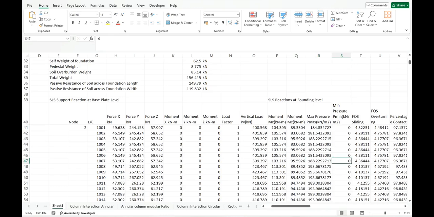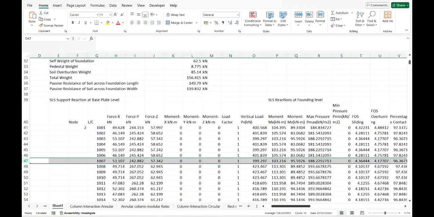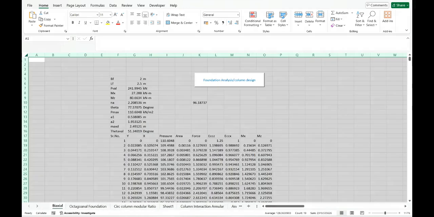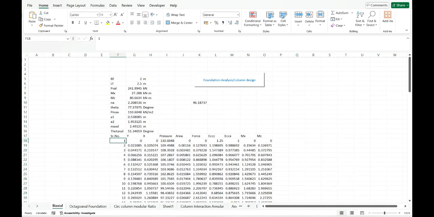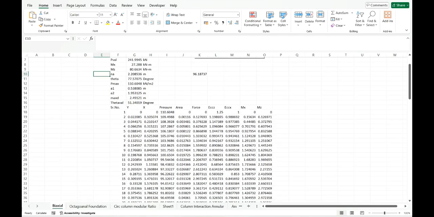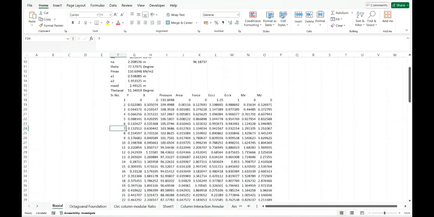Now, if we try to analyze this foundation, let's go to our program called biaxial. Let's try to see how it is working here. Now we have got 2 as the foundation width, 2.5 meter as the foundation length. What is the vertical load we have here in sheet 1 is